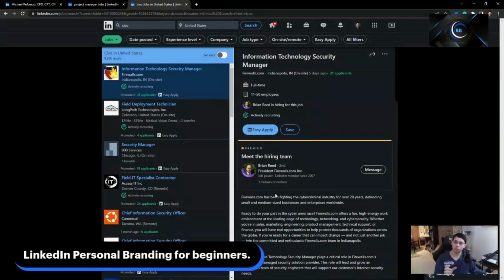Now, when you're doing your specific building of your headline, every industry is going to be a little bit different. You can use shorthand, you can use the long form. It really depends specifically on your industry. So make sure and focus in on that and make sure you understand. The easiest way to do that, search. Go to LinkedIn, look at other profiles, look at other industry leaders that you are following on LinkedIn and see what they're using. That's the easiest way to do it.